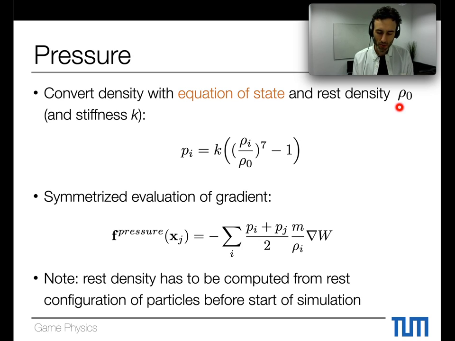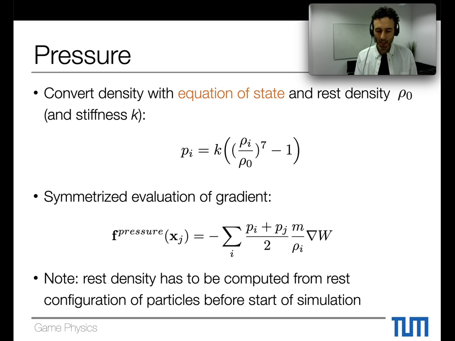So first we actually choose a rest density, rho 0. This is something we just set. So this is our kind of ambient density. And right, if the particle has exactly that density, then you see this fraction here actually gives us a 1. And then all the rest, the 7th power, will not change anything, right? So for a density of rho 0, we have a 1 here. Then we subtract 1, leaving us with a 0. And effectively, that means if everything is in a rest state at the rest density, then there is actually no